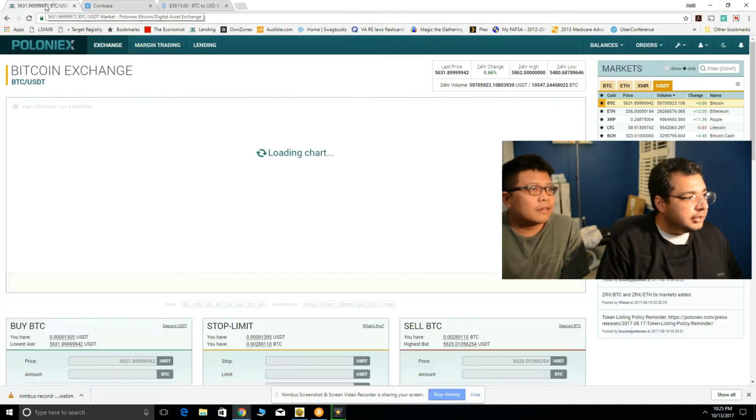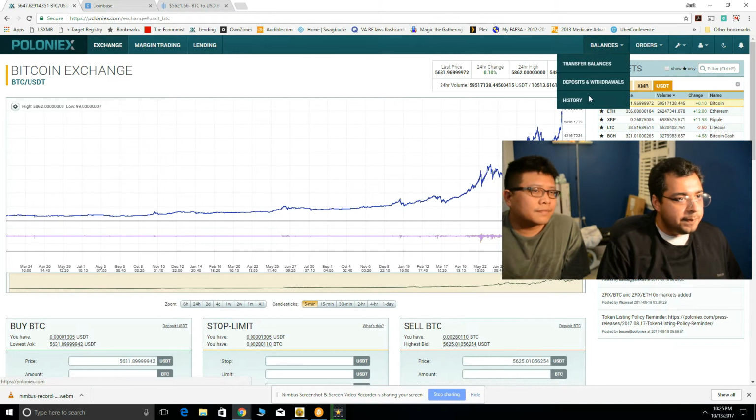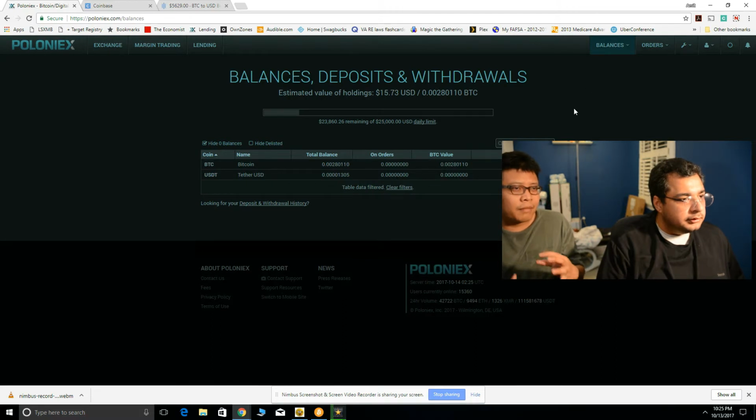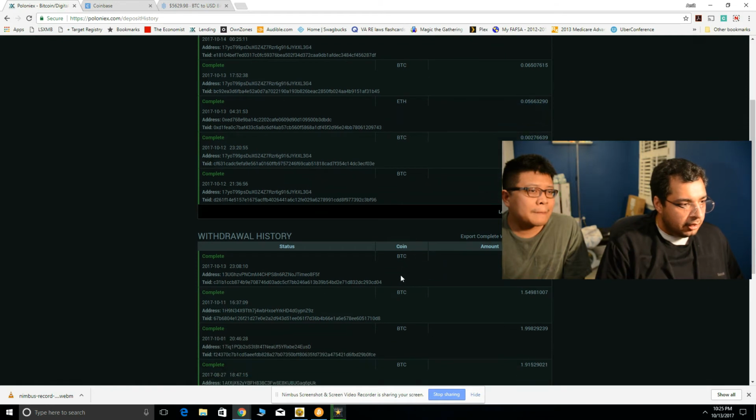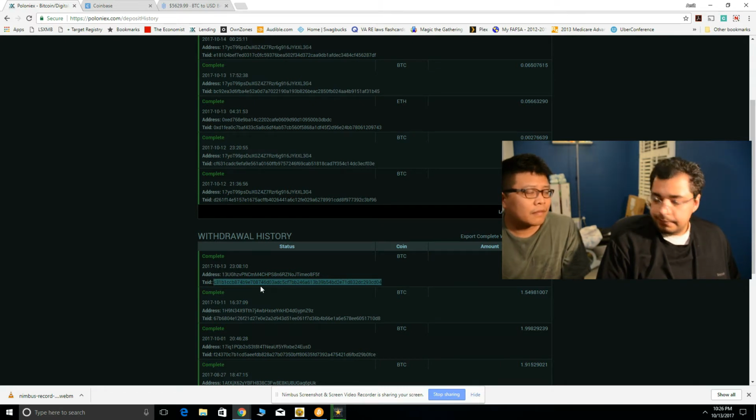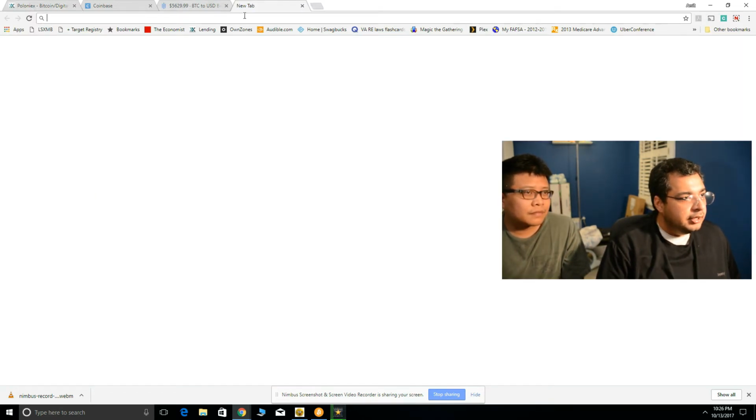Alright, so let's look at the transaction that transferred on the blockchain. If we go back to your balances, deposits and withdrawals, I'll load that up in a quick second. And it'll show everything that Poloniex does. So we go to deposits and withdrawals history. The TX ID is your transaction ID that's stored on the blockchain. So if you copy the transaction ID and go to